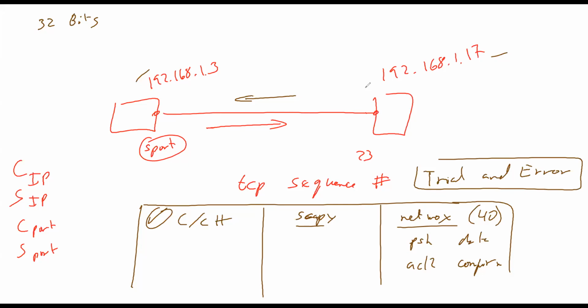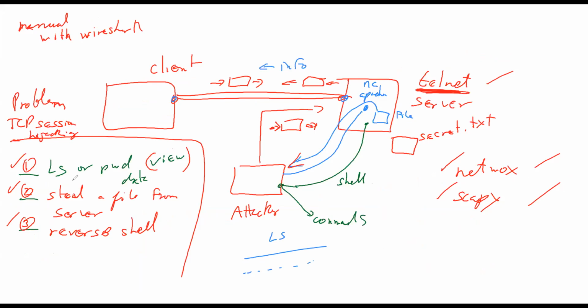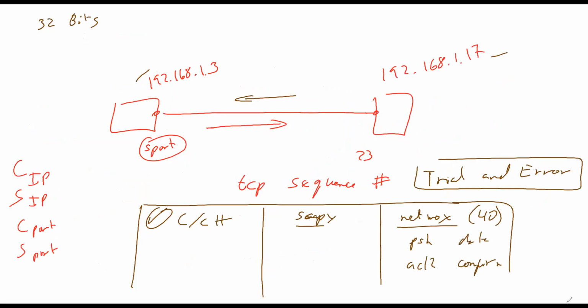That's why I recommend you try one of these three. Start maybe with ls, pwd, then the file that you're trying to steal, and then finally the reverse shell. If you've taken 372 before this class, all those details of Linux should be clear. But I will give you the commands also today. All right, so that's the general problem, figuring out really these